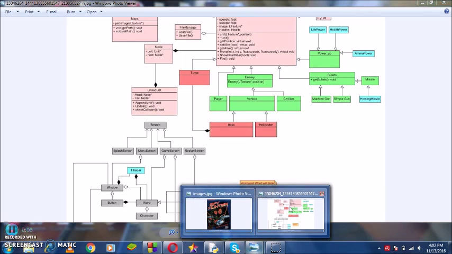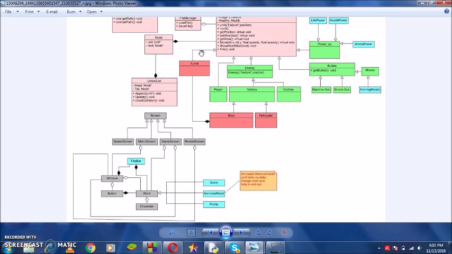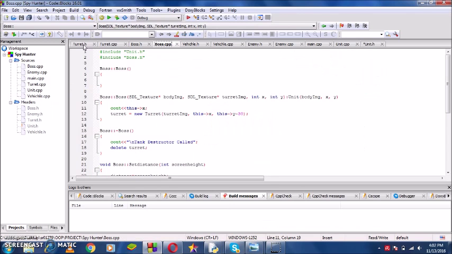This is week 2 of our game progress. There's a slight change in our UML as we have added new files like health bar and life power, the ones in blue, and to give a reminder, I am working on the dark pink part. So let us have a look at the code which I have done